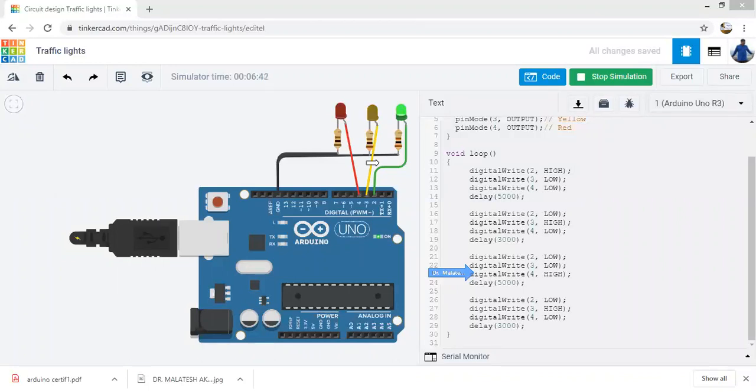Later we can interface the keypad so that we can modify the timings depending on the traffic on a particular road. That becomes a smart traffic light control system. So instead of manual interference, we can apply sensors to sense on which road more vehicles are there and on which road fewer vehicles are there. Depending on that, it sets the timings. That is another way of implementing a smart traffic light control system.